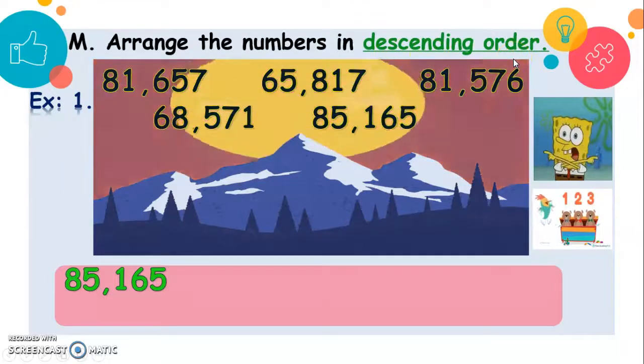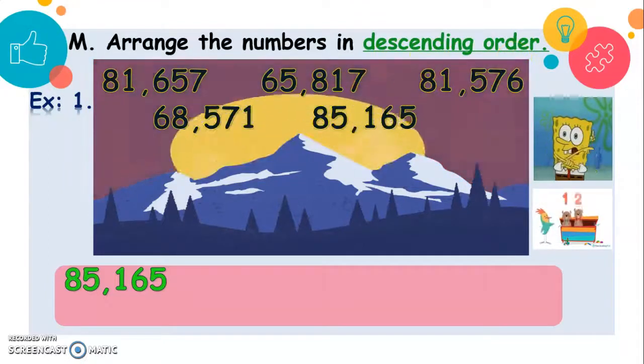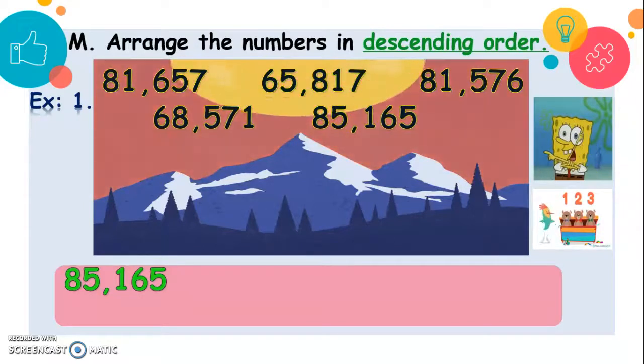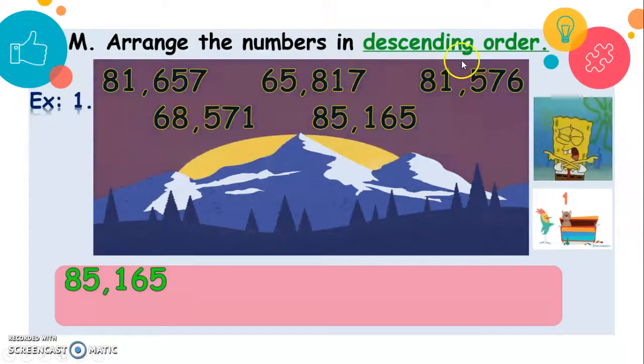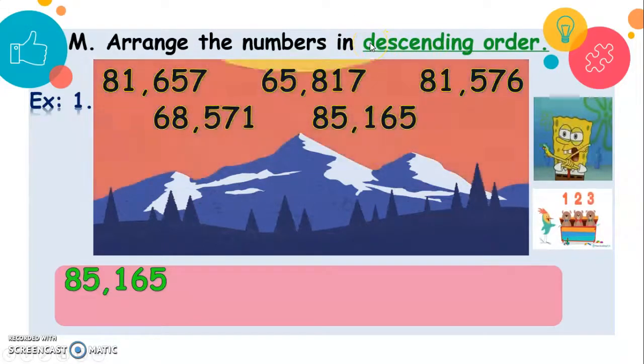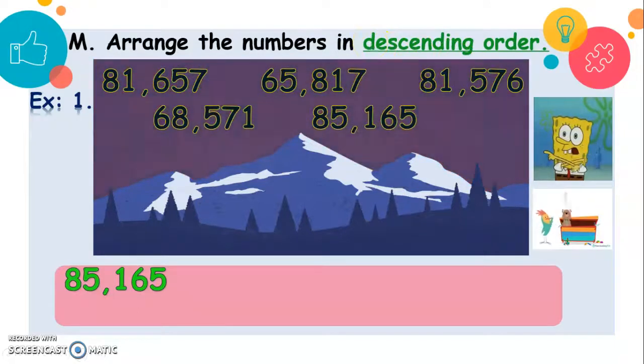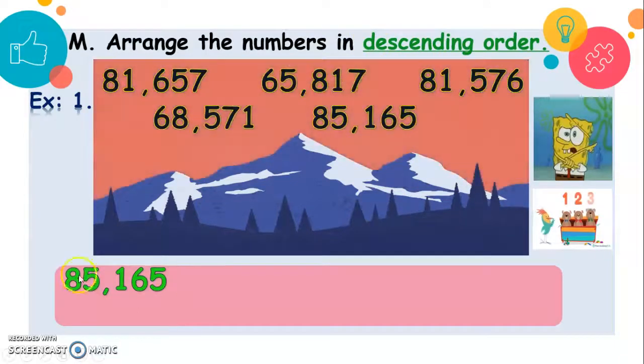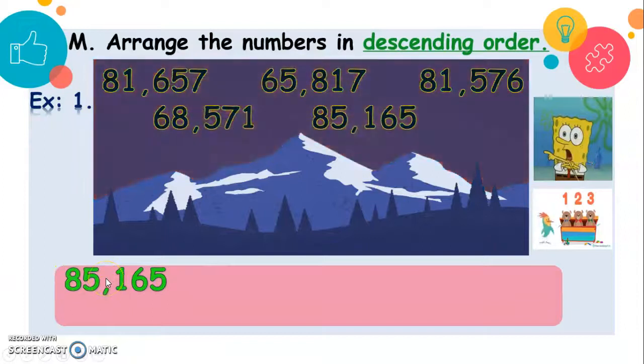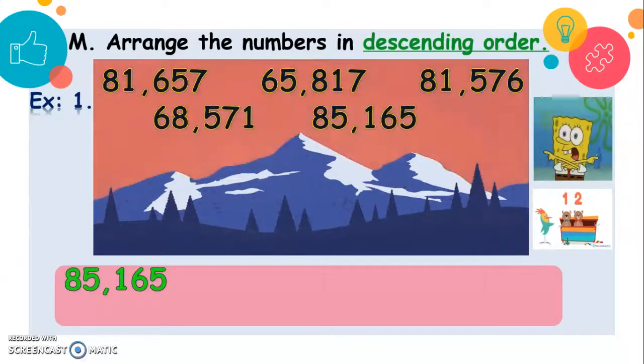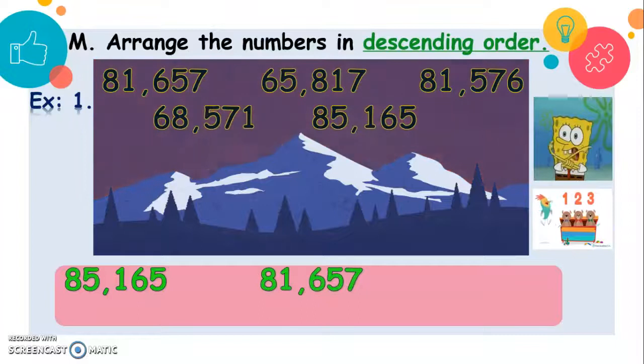So this one means that if you have to arrange numbers in descending order, you have to order them starting from the greatest number going down to the smallest number. Remember, descending starts with D, and D is also for going down. So the greatest number here is 85,165. And then we go down to